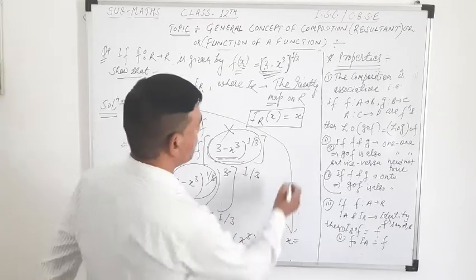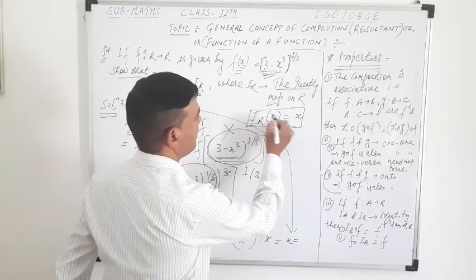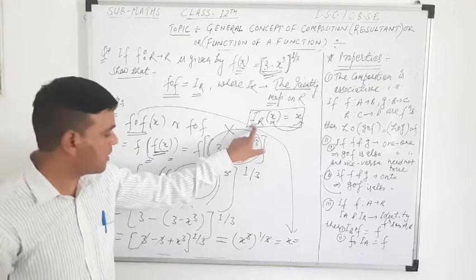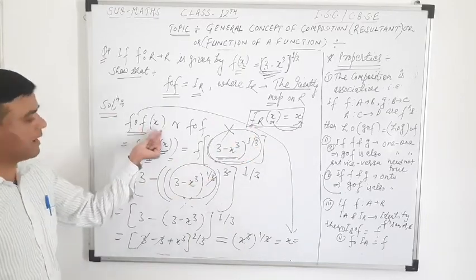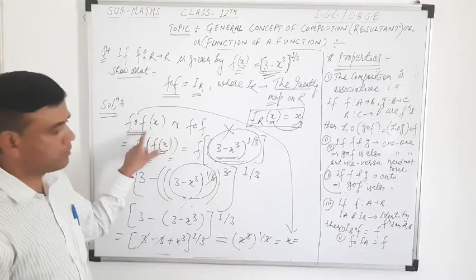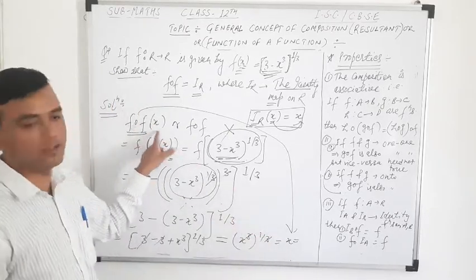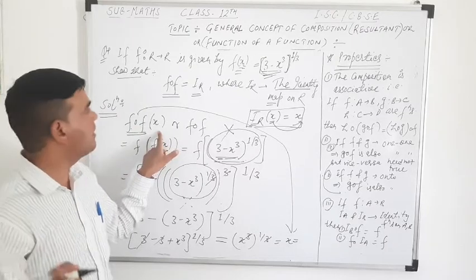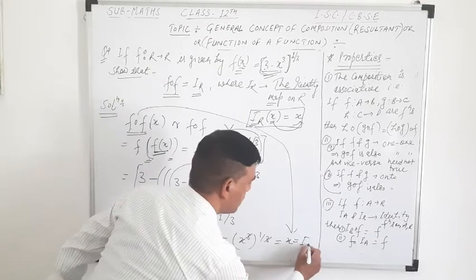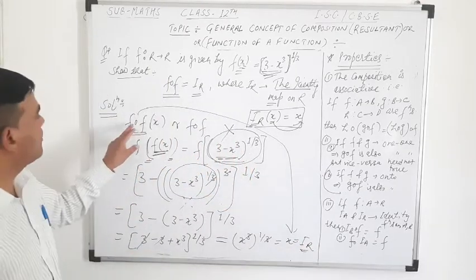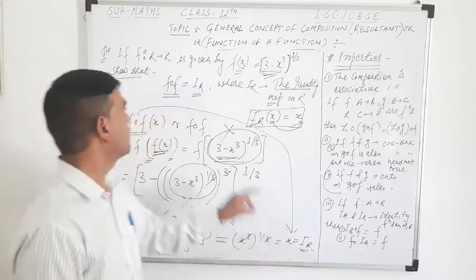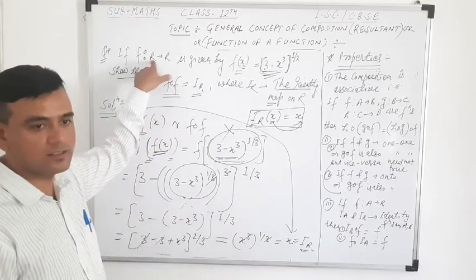And I have already told you, if any function has an element x and its image is also x, then this type of function is called an identity function. It means f of x is equal to x. It means the image of x for this function f is x. So this f is nothing but an identity function on the set of real numbers R. You can say that f of x is always x, and that is nothing but the identity function on the given domain R, the set of real numbers.